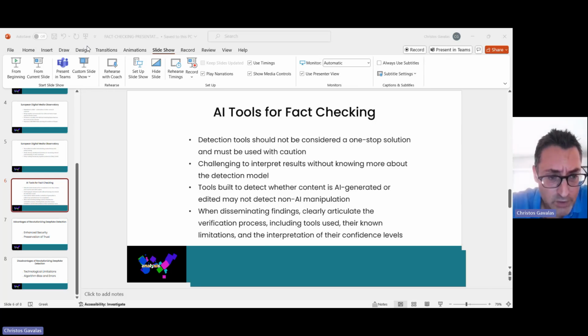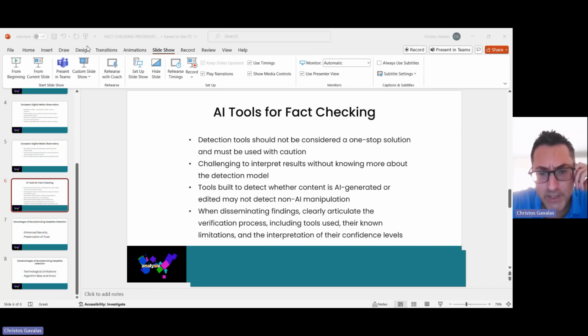Now, most of the results provided by AI generation tools give either a confidence interval or probabilistic determination, let's say 85% probability. Whereas other tools just provide a yes or no answer.